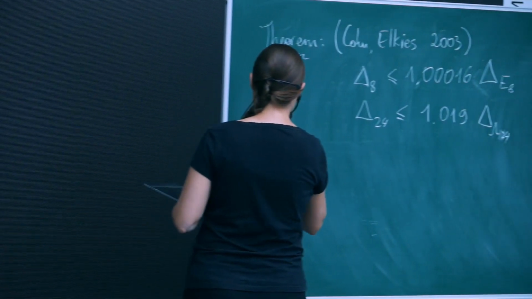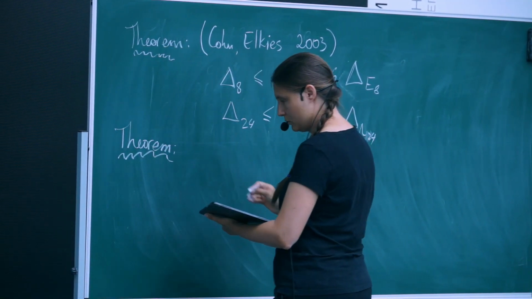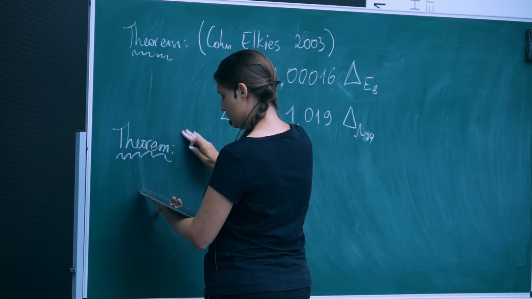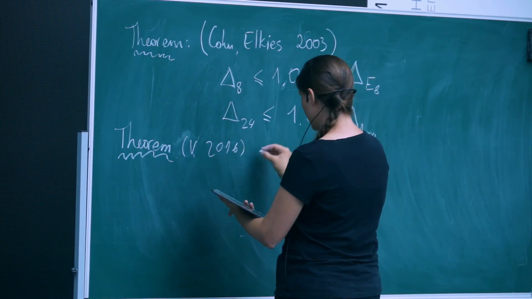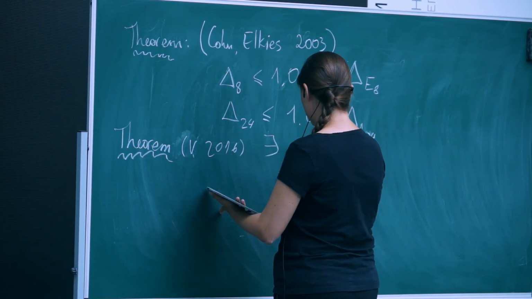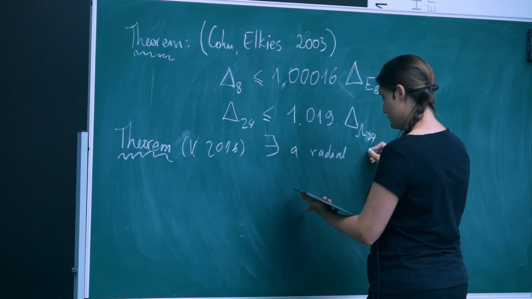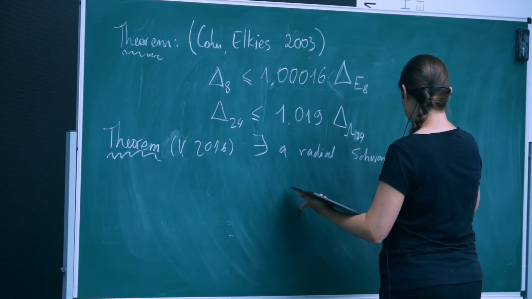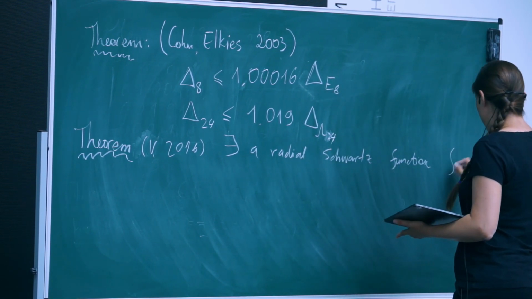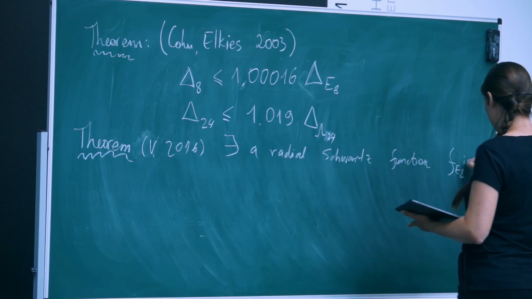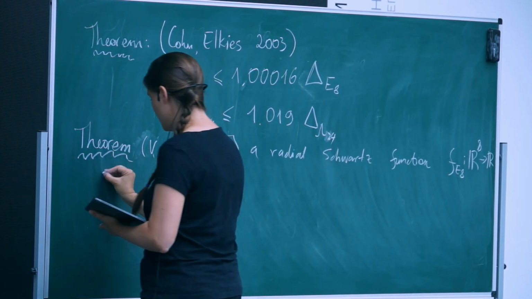And then, okay, so what I was able to prove is that there exists a radial Schwartz function F_E8 from 8-dimensional space to real numbers such that